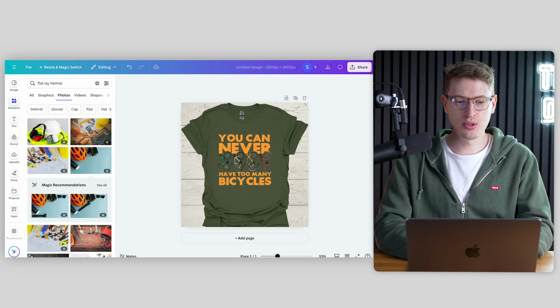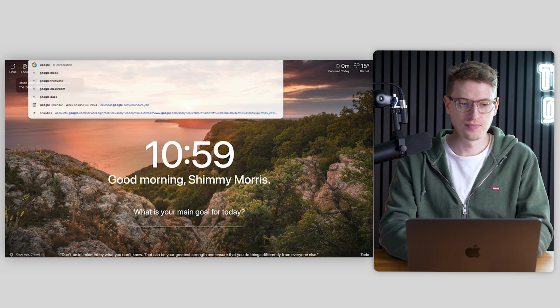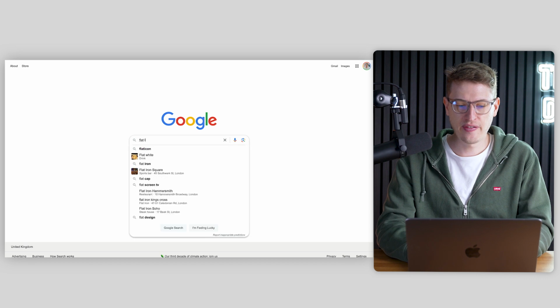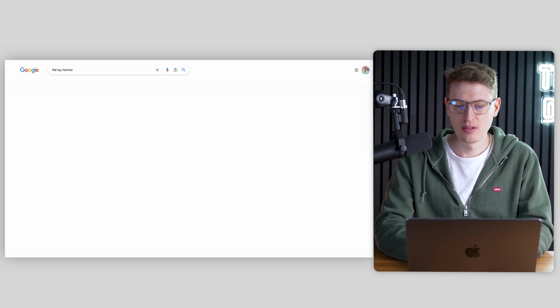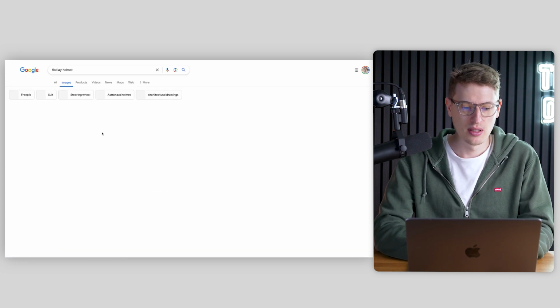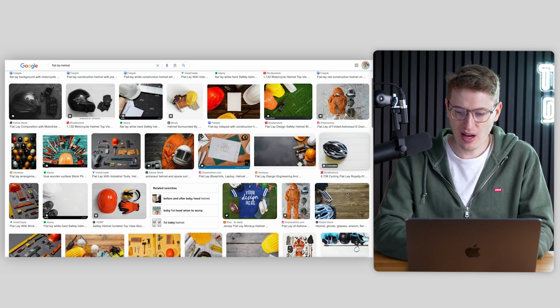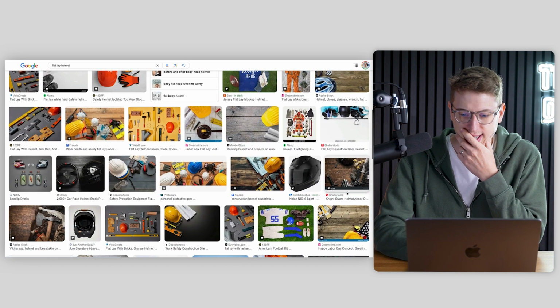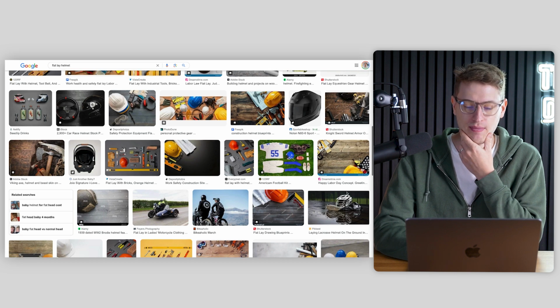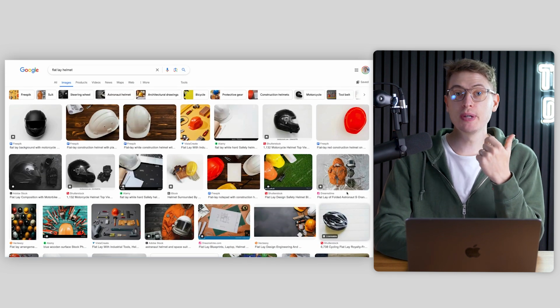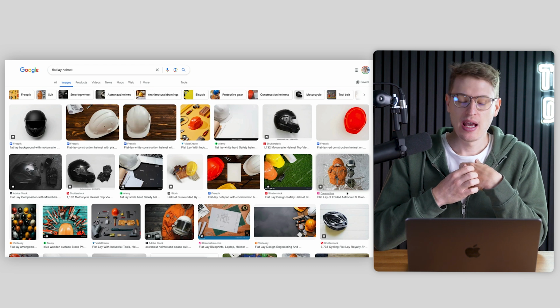So the next thing I would do is maybe go to Google and search flat lay helmet. Maybe something comes up. Maybe this one. Don't really like that color as well. Not very many, right? So what I did is I went into Midjourney, which is an AI tool, and I